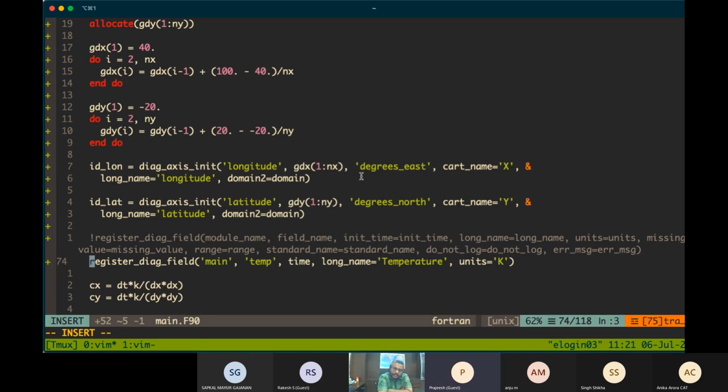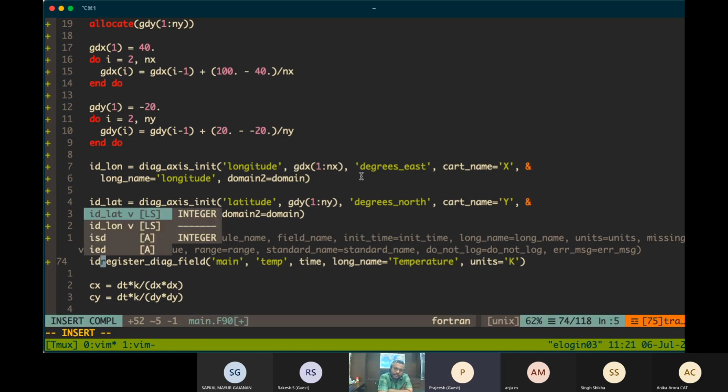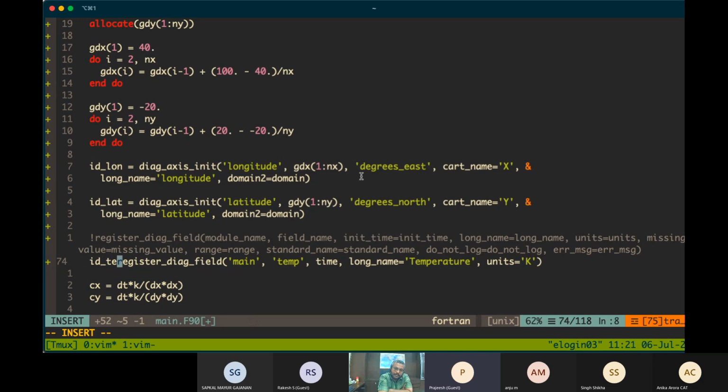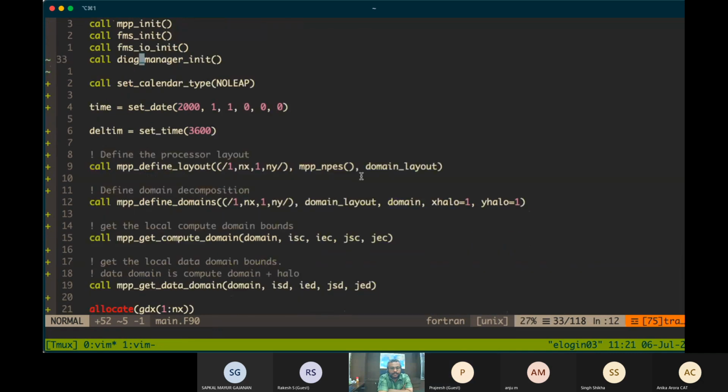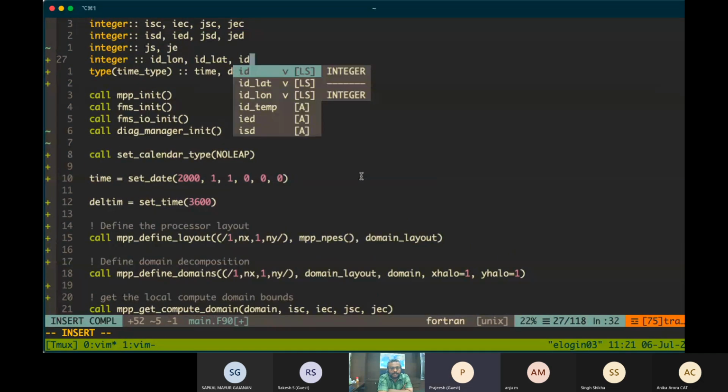So once you register the diag field, it will again give an ID. Okay. ID temp equal to register diag field arguments. Again an integer.